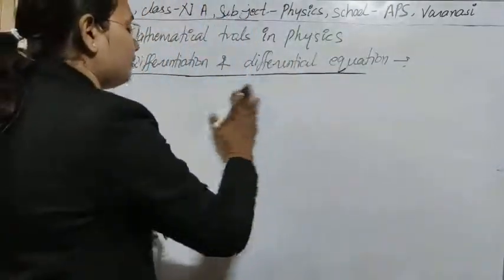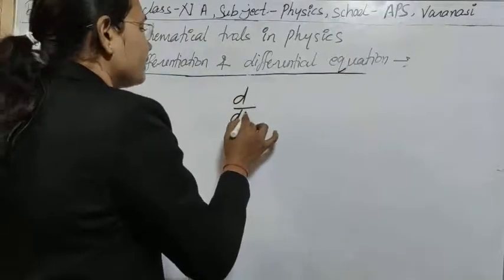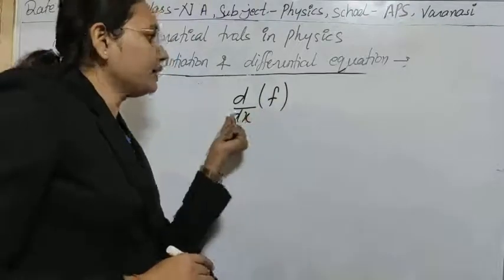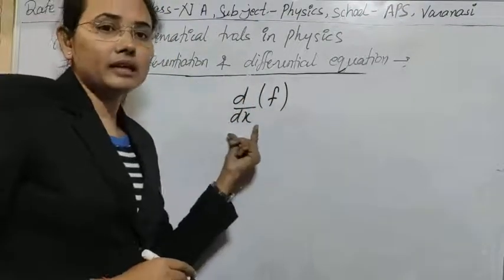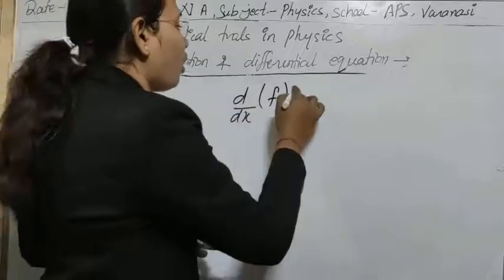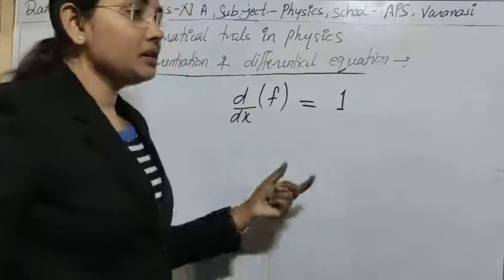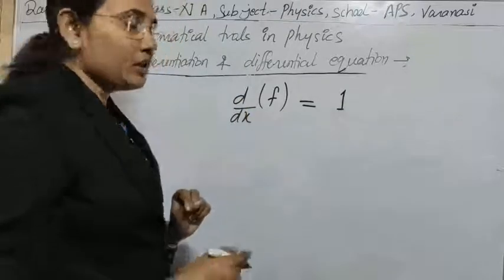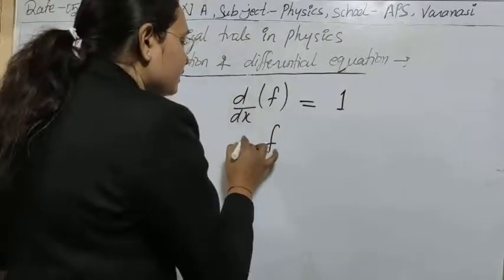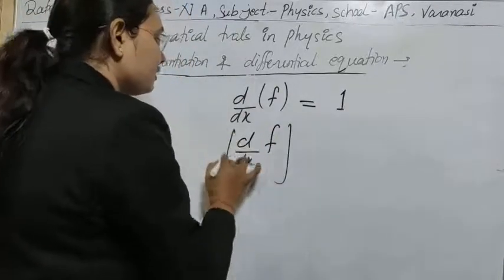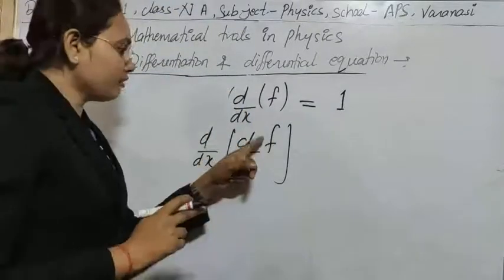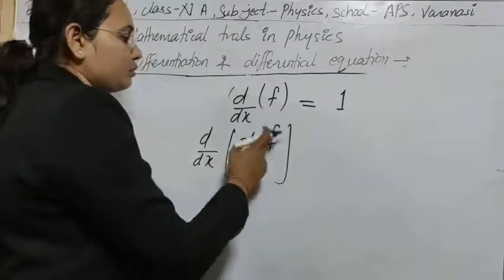Suppose we have some function f and you differentiate it one time. One time differentiation is written as d/dx, whatever variable is here; I am just taking a random variable. So the order of differentiation is equal to 1, meaning we have differentiated this function one time. Where we actually use this, I will tell you later. If this function is differentiated again with respect to x, that is two time differentiation of f: one time differentiation, two time differentiation.